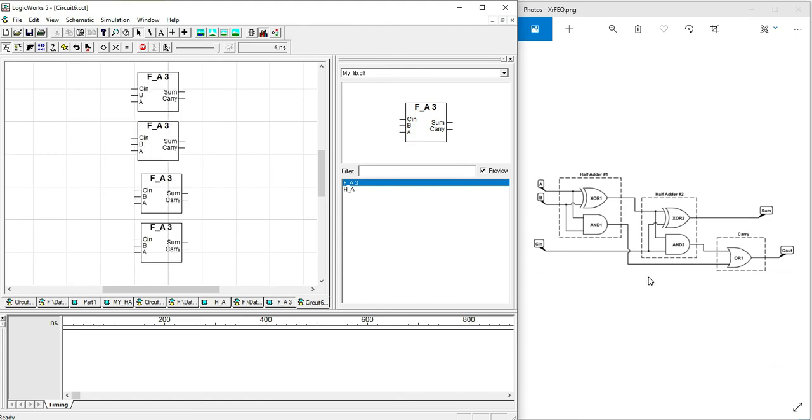Now you can easily create your own symbols in LogicWorks and then use your own created symbols in complex circuits, so that you can carry out the simulations according to the circuits. For example, if we take another example of the multiplier, we can use the 4-bit full adder circuit to make the addition, etc.